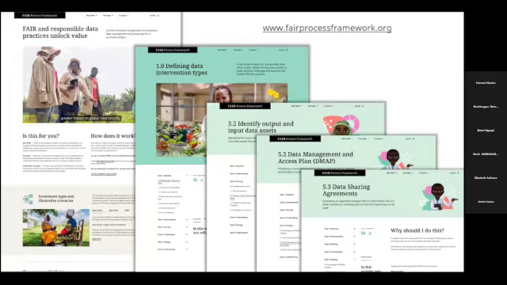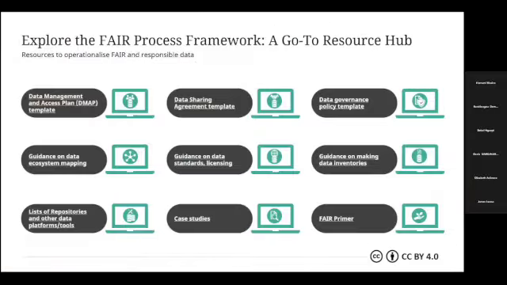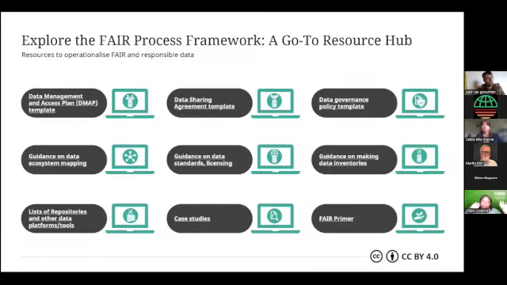We give templates and case studies also, for you to see how others have done some of this work. So this is the FAIR process framework. Here you can see the various types of resources that are all on there, ranging, like I said, from exemplars and case studies all the way to lists of existing repositories. For example, if you're not sure what repository to put your data on, we've tried to collate lists of thematic repositories that exist for agriculture.